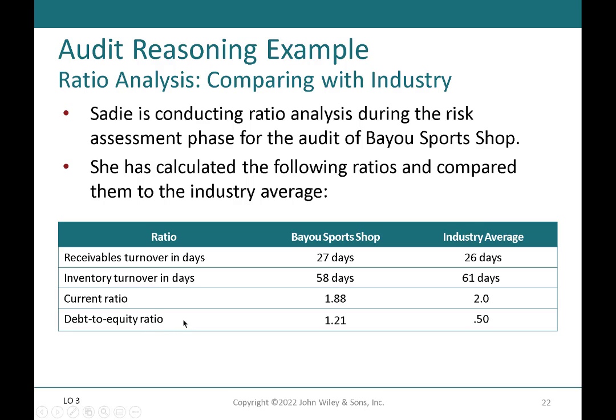But then when we look at the debt to equity ratio, notice Bayou has a 1.21 debt to equity ratio. The industry average is only 0.5. So they've taken on a lot more debt than other companies in the industry. So this could be a potential warning sign that there might be issues